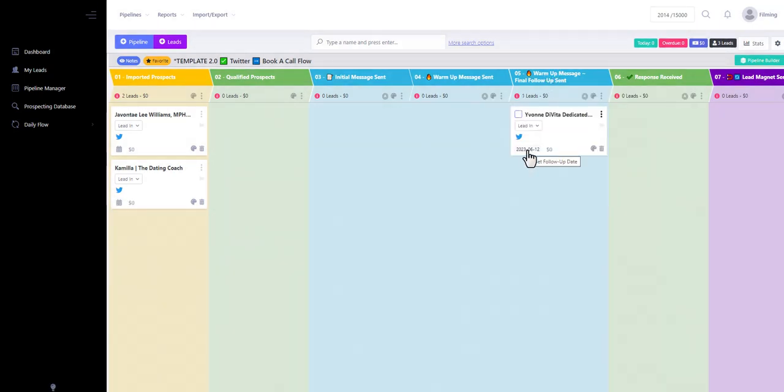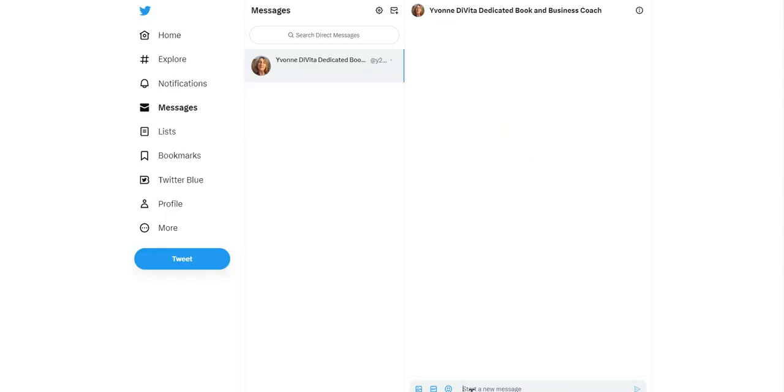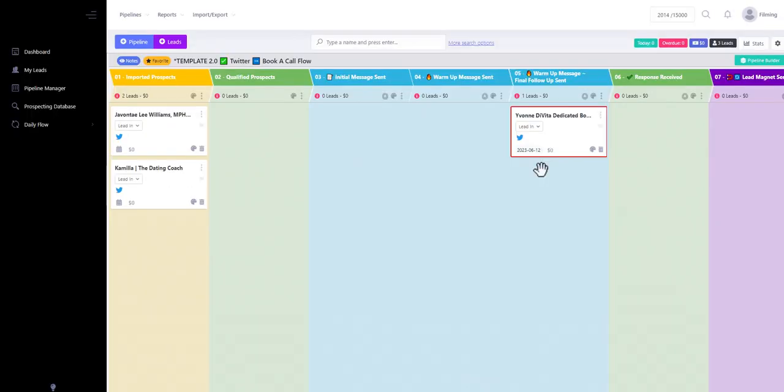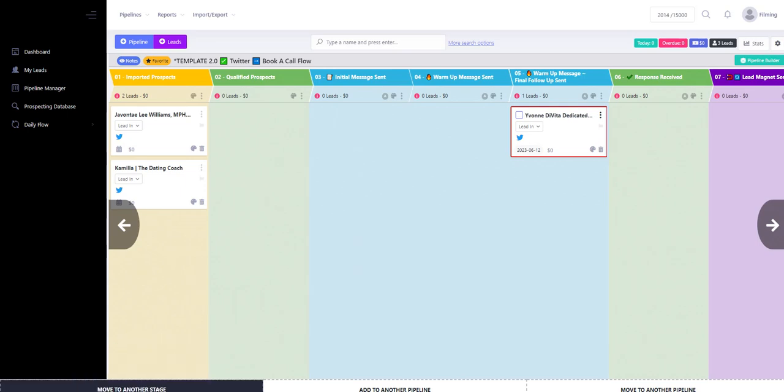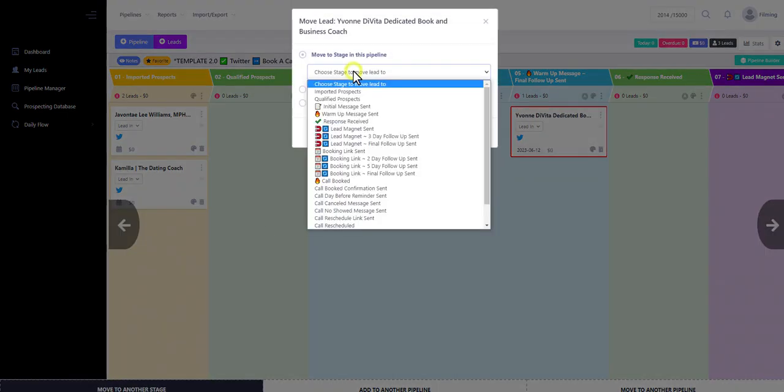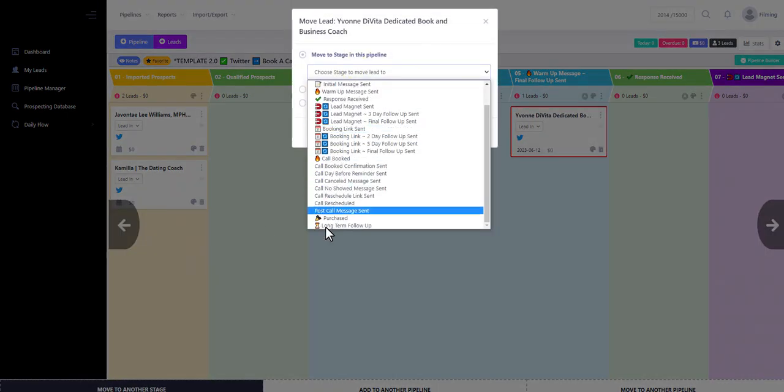Now, when the card says today or overdue while it's in the warm-up message final follow-up sent stage, click the Twitter icon. If there's no response from the lead yet, then simply go back to the pipeline and move the card into the long-term follow-up needed stage. So simply drag and drop the card into move to another stage, choose stage to move lead to, select long-term